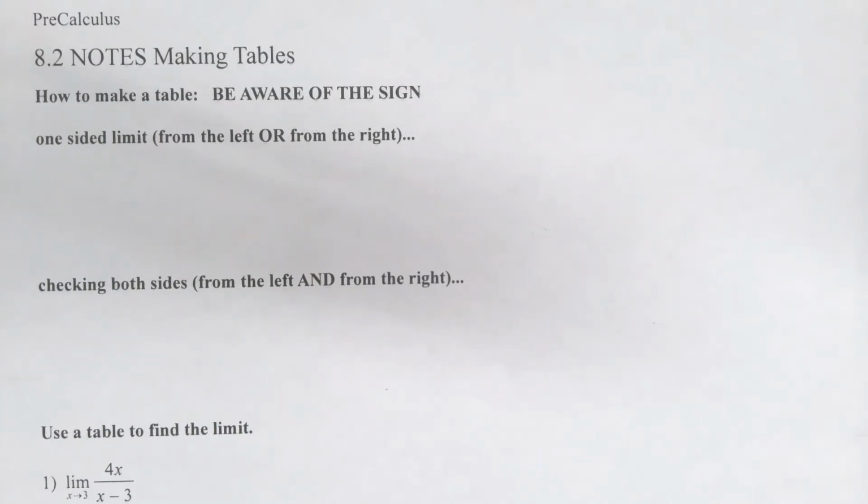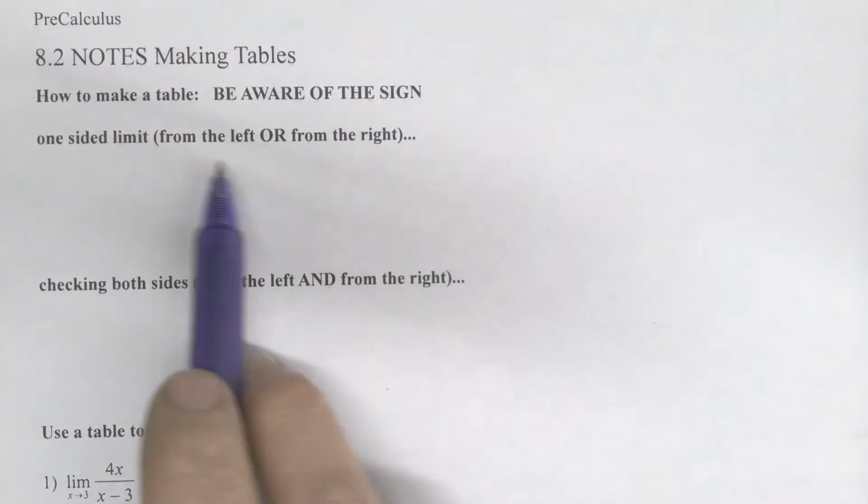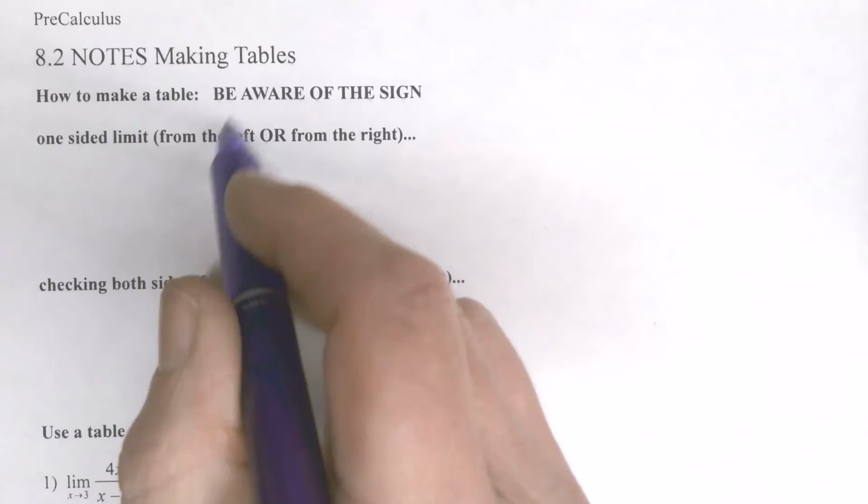Today we're going to be making tables to find a limit. Yesterday we did it graphically. We were looking at the graph and we could see we were checking from the left and from the right. And when we talk about approaching from the left or from the right,